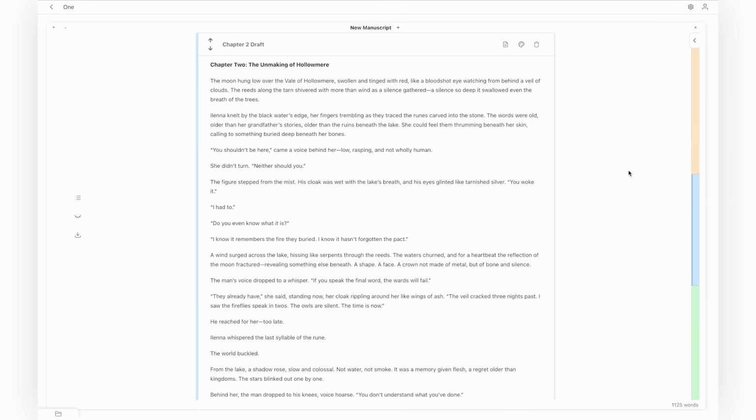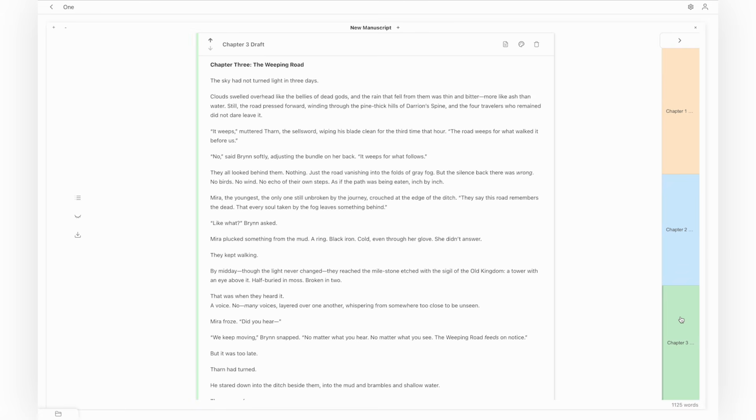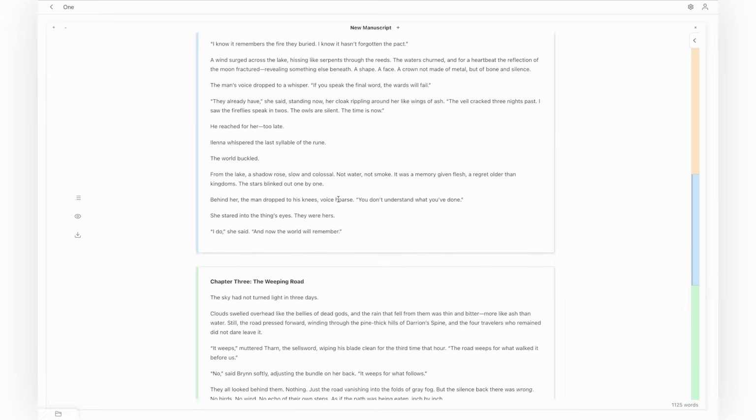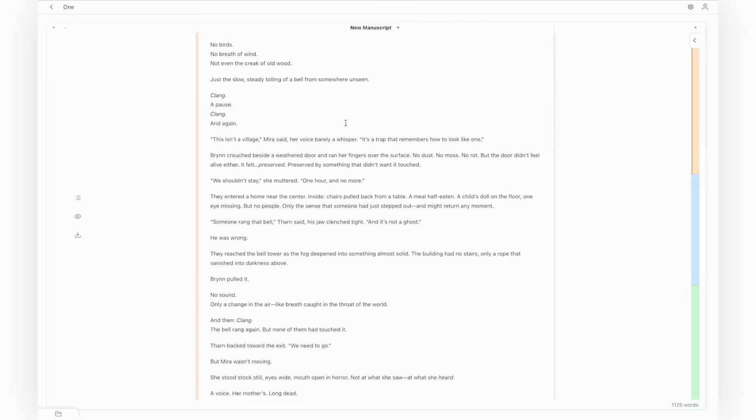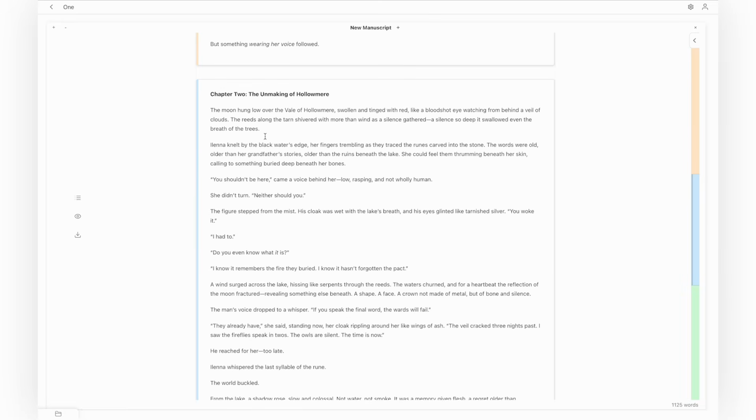If you have, again, many chapters and you can't remember which one is which, you can click this little arrow right here and you will actually see the names of the chapters, and you say, oh, I wanted to go to chapter 3. You just click on it, and there it is. That is the main gist of the Manuscript tool. You have some other small options here, such as this tool to hide the headers. If you'd rather just see the text and you don't want any headers breaking it up,